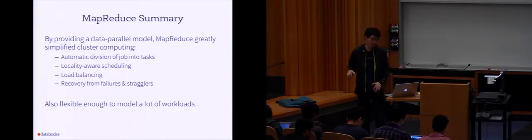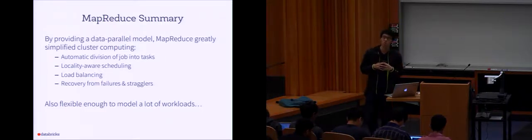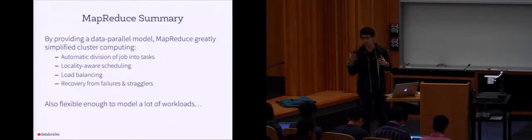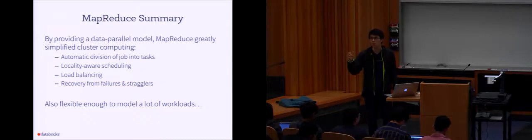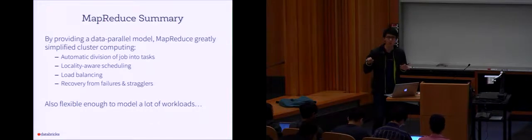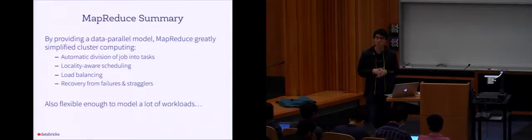And the other thing is, compared with SQL, because MapReduce is more of a general programming framework, it's actually flexible enough to model a lot of workloads. For example, Google was using MapReduce to crawl the web back then, and also to build the inverted index, which I believe you have learned about in information retrieval. Building the inverted index for the web using MapReduce jobs. I don't think they're using MapReduce for that anymore, but back then that was what it was designed for. So there's a lot of stuff that's hard to express in SQL, although you might be able to do it with UDFs, but it's much more complicated in SQL.